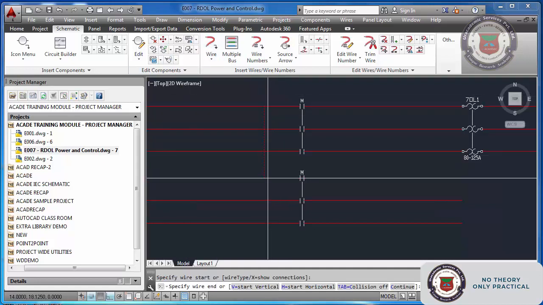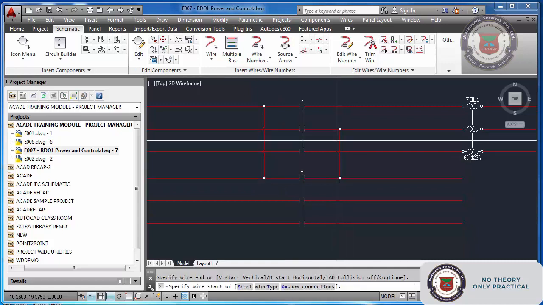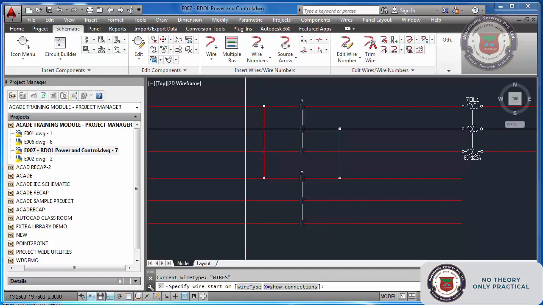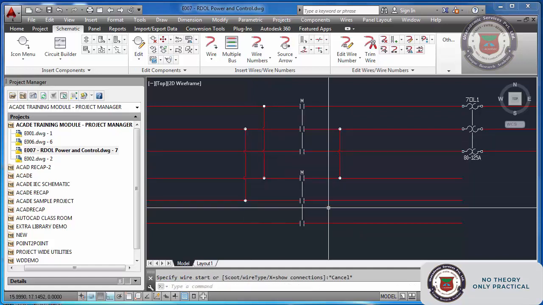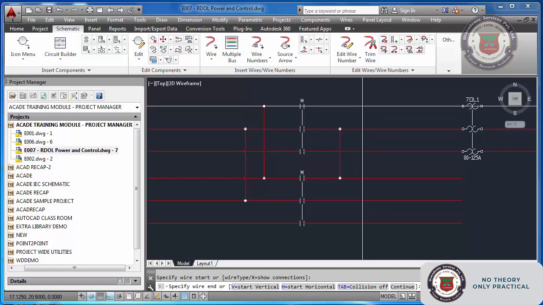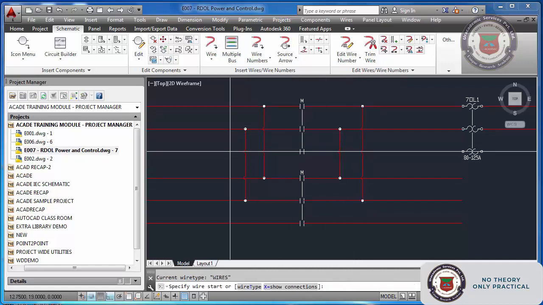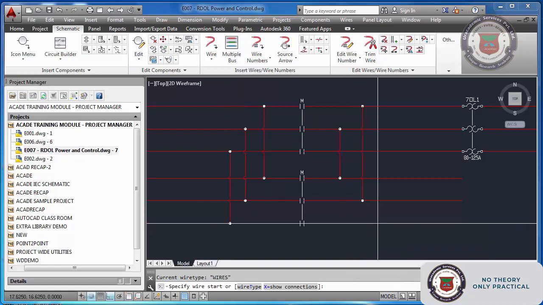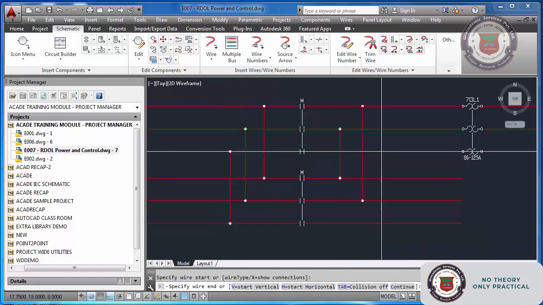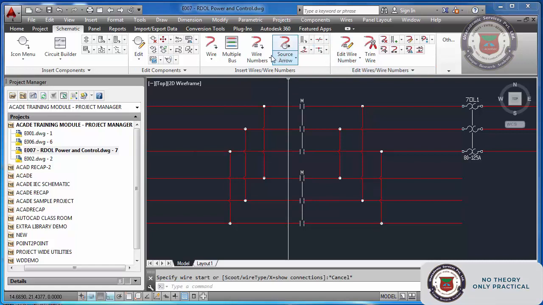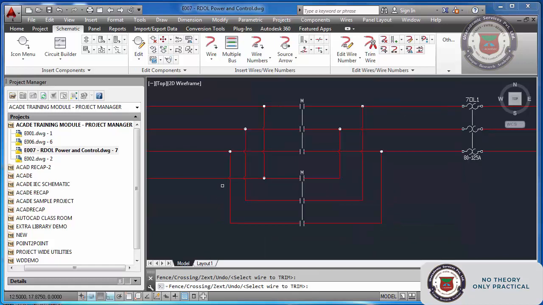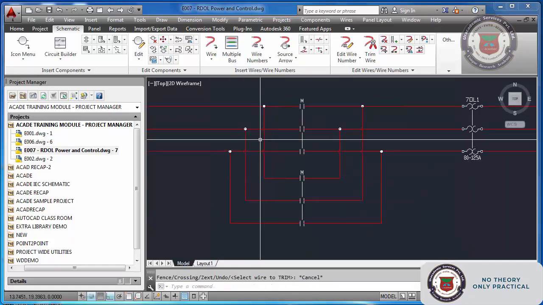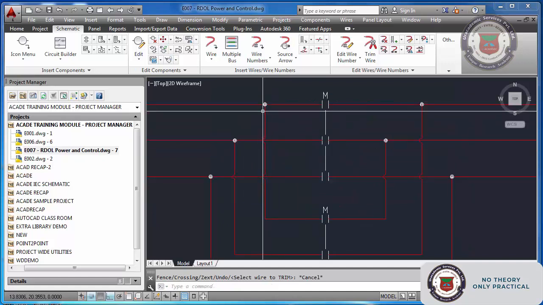R phase I will connect to R, and here R I will connect to Y, and here Y I will connect to here, and this one I will connect to here. This is RDOL, because in this we have to interchange any two phases. Now the rest I will trim like this. I will trim the rest. Don't use delete, trim.